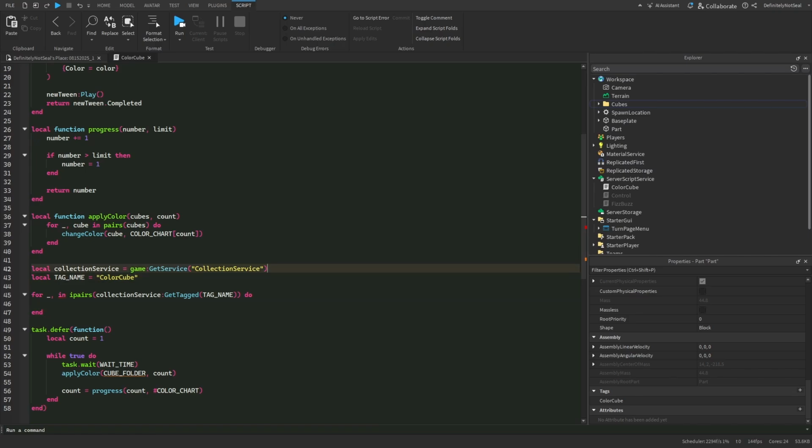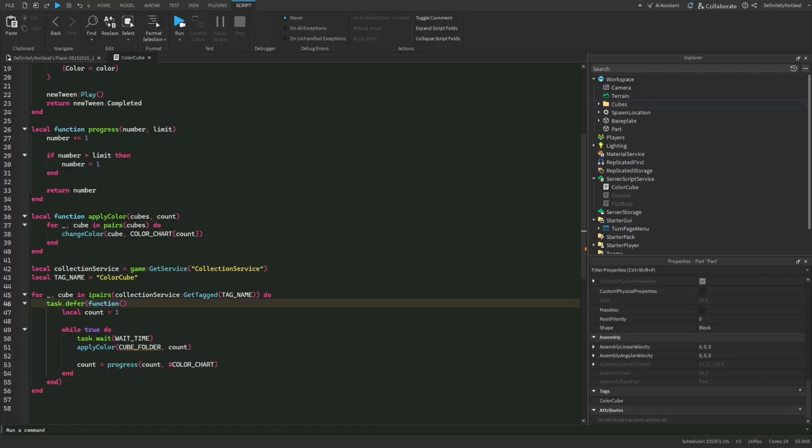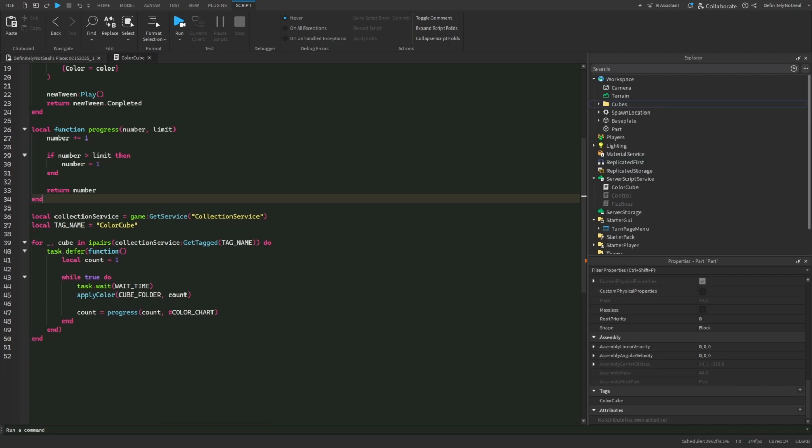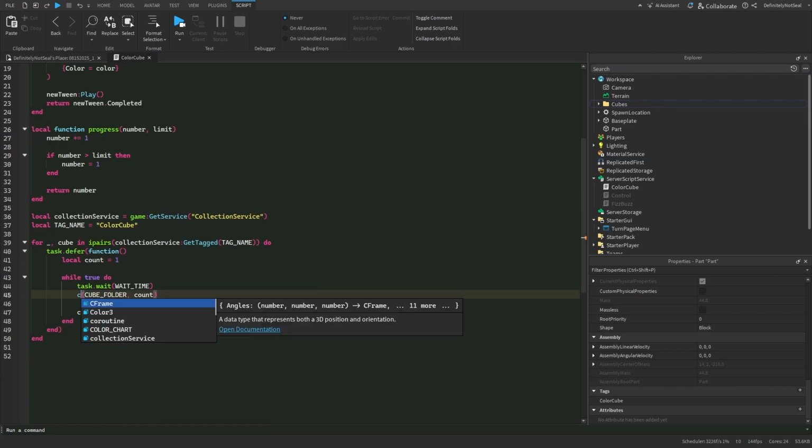We have got an error, and I don't know where it's at. Huh. There it is. Cube. We don't need the index, but we need the cube. Now we can go through and we can say task.defer, apply color. We can clear this and just use change color for our cube. Cube,